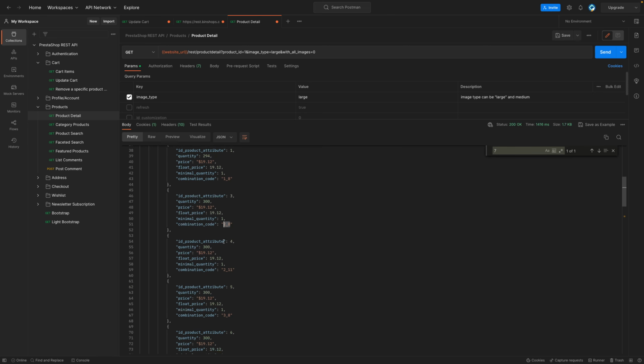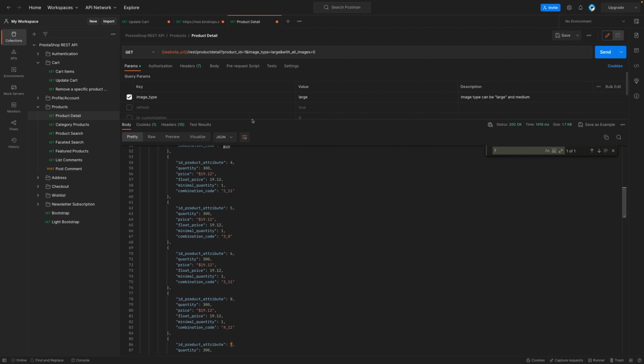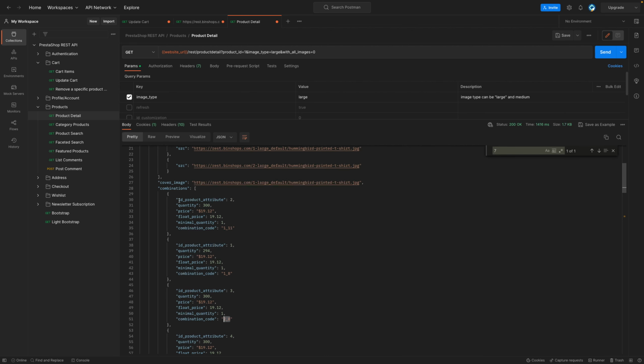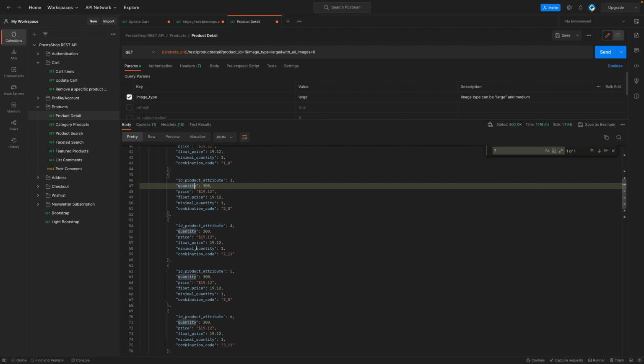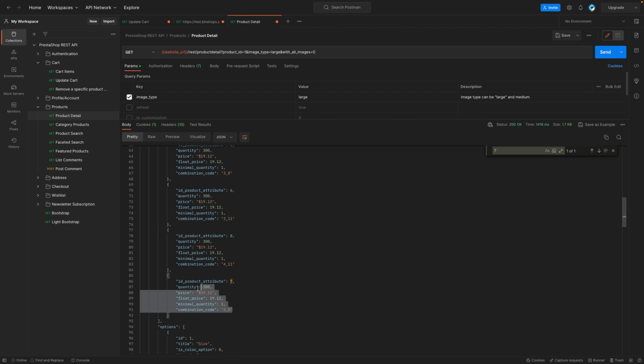Okay, I see. Oh boy, I see what's going on here. This is product 1 that has 2 colors and 4 sizes. So normally I should have 8 combinations. So 1, 2, 3, 4, 5, 6, 7, 8. There we go. So what they are doing here, they created all the possibilities of combination between, for example, size